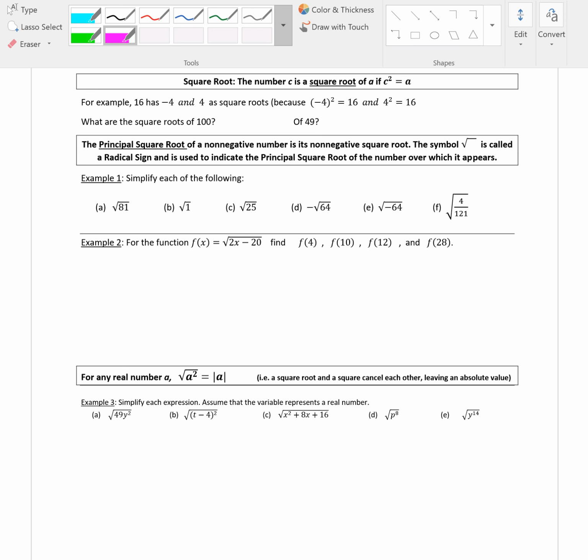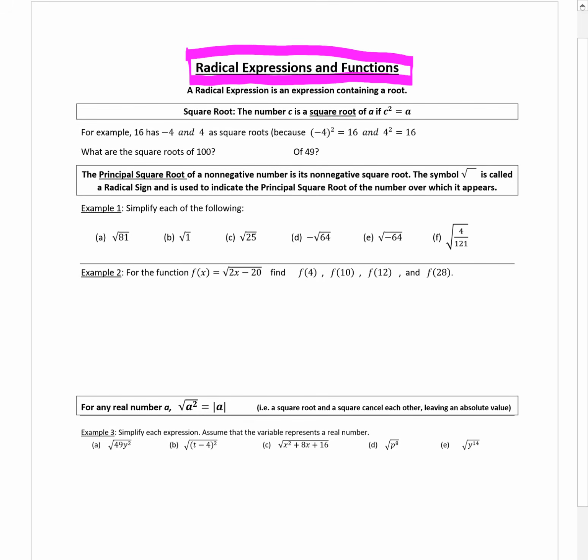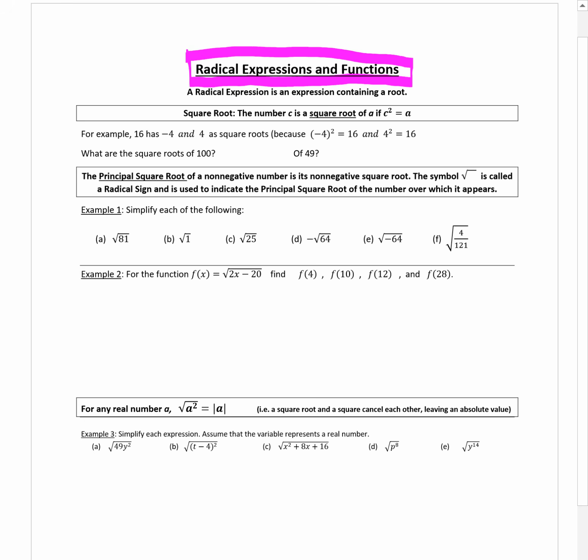Well, this section, if you look at the title, at first, especially if you're half asleep or not too excited to be here, it says radical expressions and functions. At first you say, wait a second, I thought this was a new chapter. Isn't that what we just talked about? Well, it's kind of weird. The last chapter we talked about, actually it's almost the same word but not quite, it's rational with a T